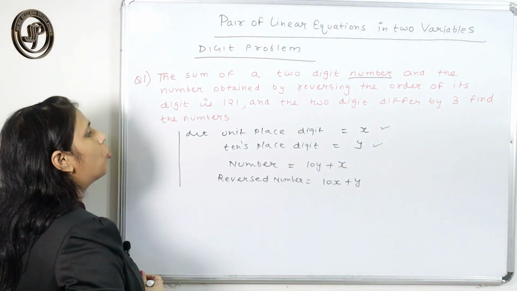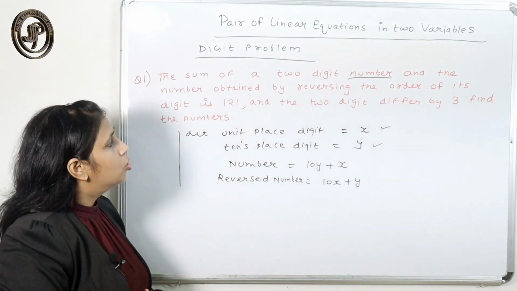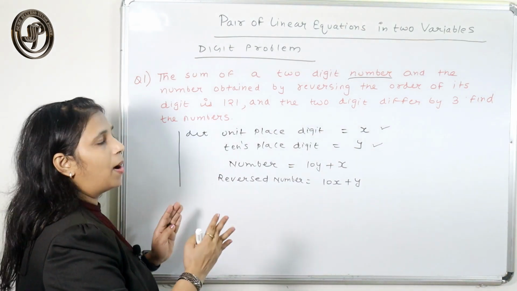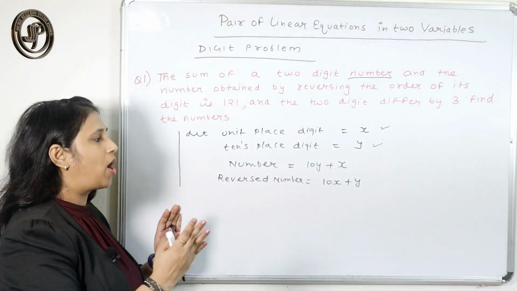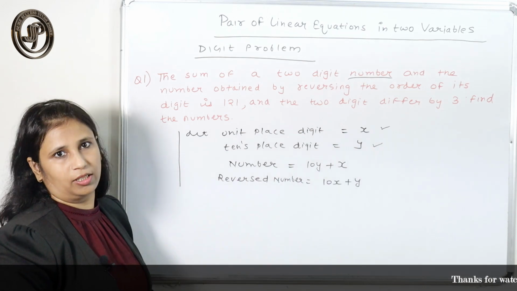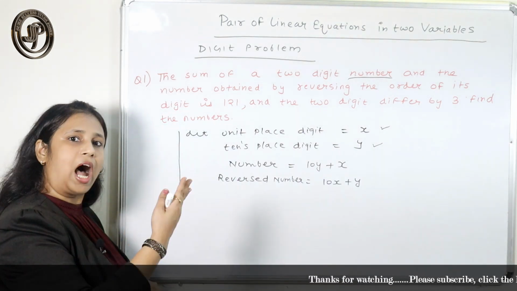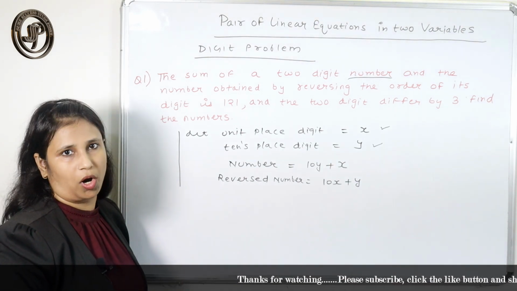So these four things are required in this type of question. If you want to gain command over the digit problem, just try to memorize these four sentences before starting the question. Then, according to what is said in the question and what they ask, you just have to go accordingly.